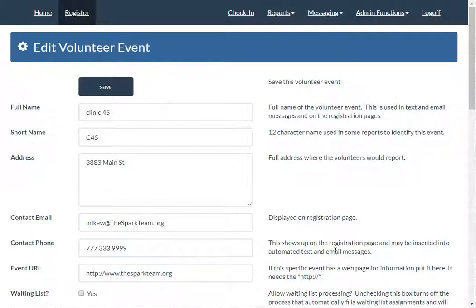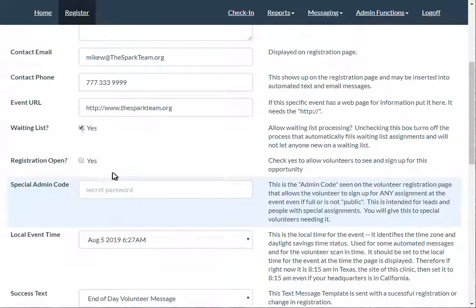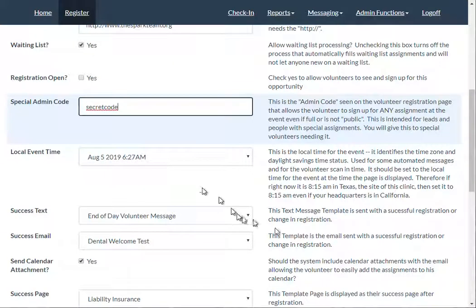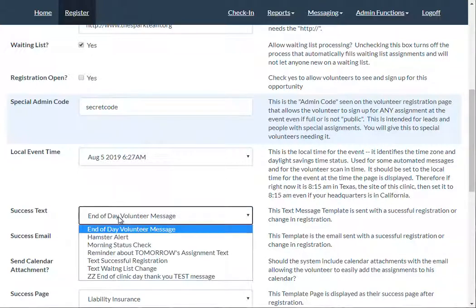Are you going to allow waiting list processing? Yes. Is registration open? Not yet. I'm still setting this up. Special admin code. You'll have to check the manual for how that is used. And local event times. So you can have these clinics in any part of the world, and this is the time zone for your reports. So as things are recorded, you will be able to display reports based in the local time zone of the clinic. Success message is usually, let's say, the success text,